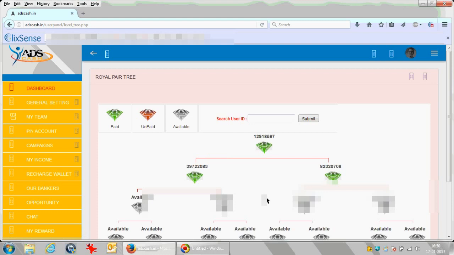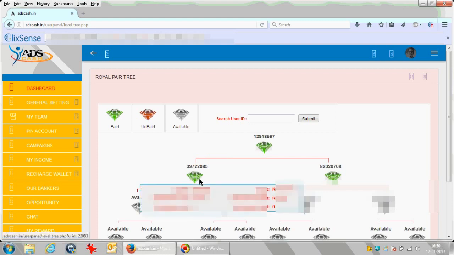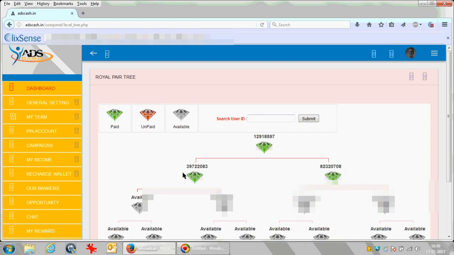So on 30th, if this person has got one more person join under him for a package of 24,000, and this person has made another person join under him for a package of 13,000, you won't get credit for these two persons again, but the newly joined person, 24,000 here and 13,000 here.